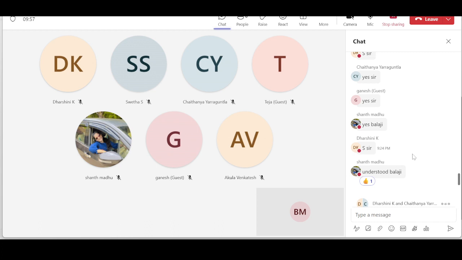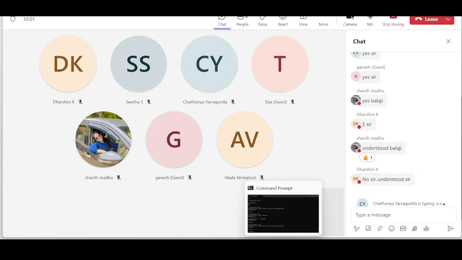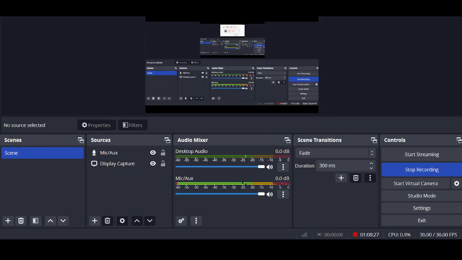Revise this once again, definitely you will get it. Your effort should be there. Without any efforts, if you try to imagine the